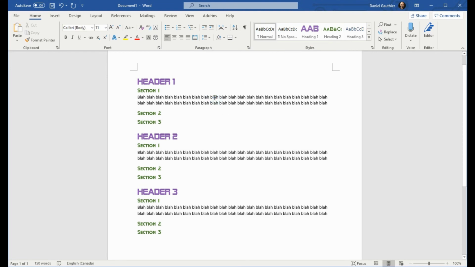We've got all our other text, and you can see when I click into it here, it's highlighted as normal. If I click on Section 1, it highlights Heading 2, and if I click on Header 1, it highlights Heading 1. So we know that's the type of style.